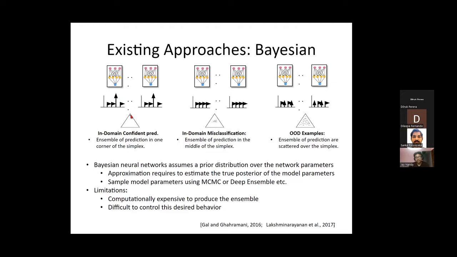For example, in the case of cat, dog, and cow, one corner represents cat, one represents dog, and one represents cow. Given an image of a cat, all the models try to produce, with very high confidence, that this is an image of a cat. Then we are going to get a cluster of points in this corner, right? Now, if the image contains both